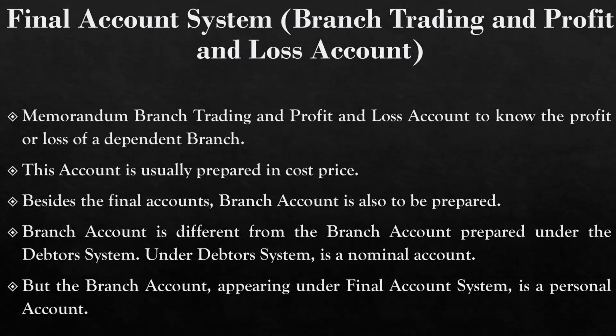One piece of information we have to remember is that the accounts are usually prepared at cost price. That means we can't take the price which includes the profit. Example, when the opening stock is sent from head office to the branch, which is cost plus profit, then we have to remove that percentage of profit and consider only the cost price of the opening stock, closing stock, or goods sent from head office to branch.